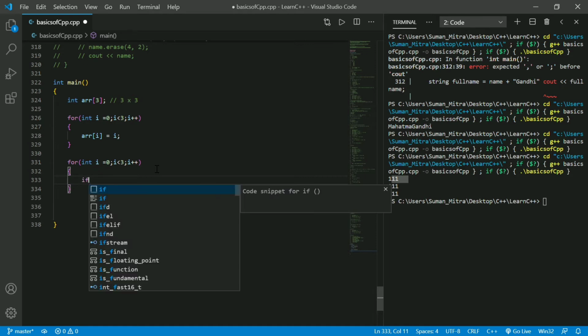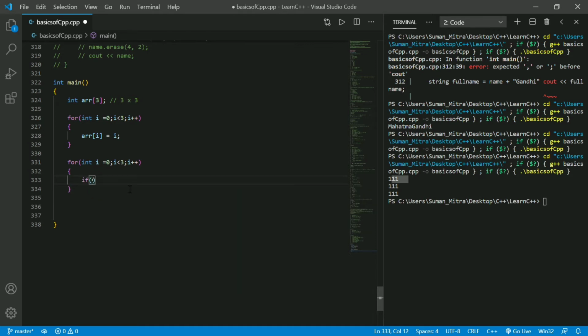And we already know our if statement: if i percent 2 is equal to 0. What is i percent 2? You already know this remainder. If it's divisible by 2, that means it's even.